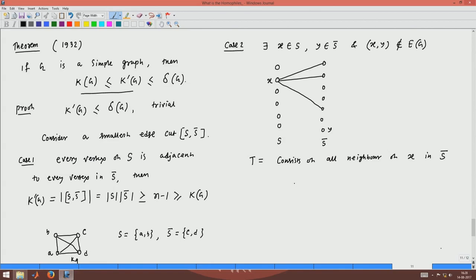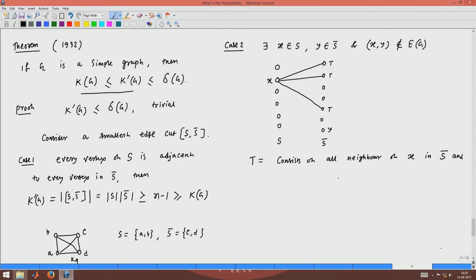The other possibility is that from x you come to some other vertex, and from this vertex you go to y or some other vertex in S bar. So, in the part S, we remove all the vertices which have a neighbor in S complement. These are the vertices in T first of all,